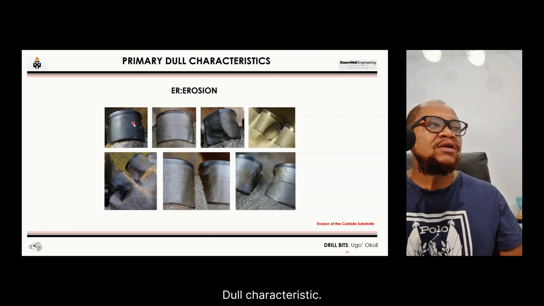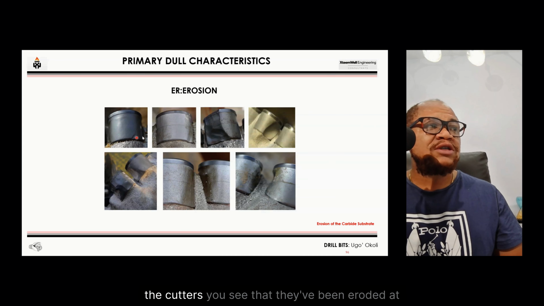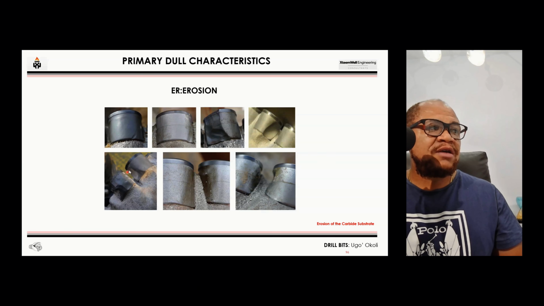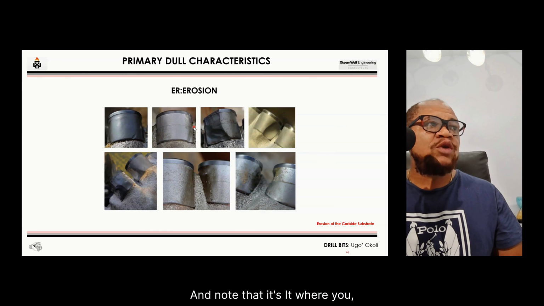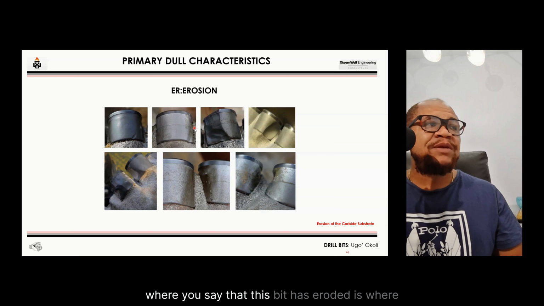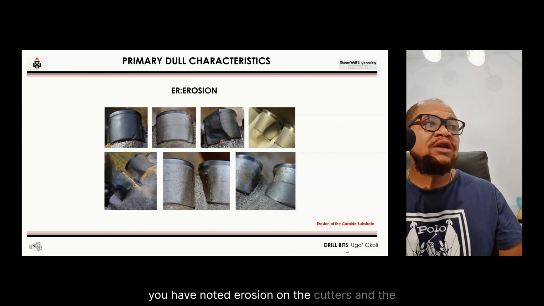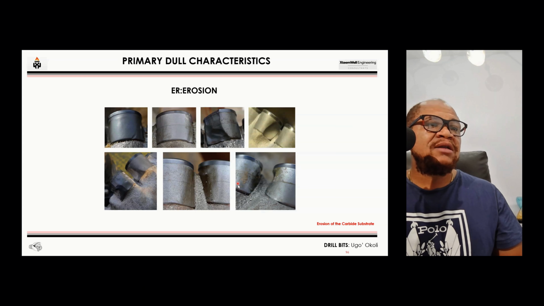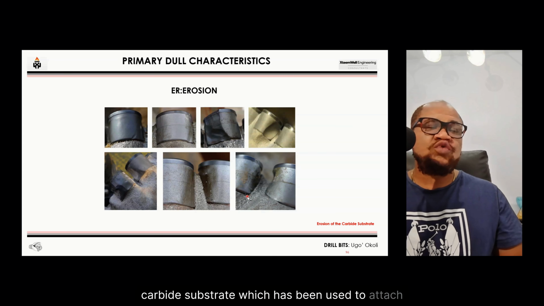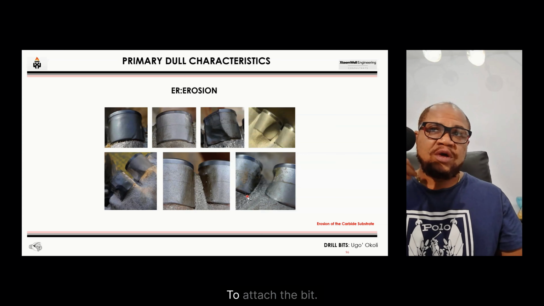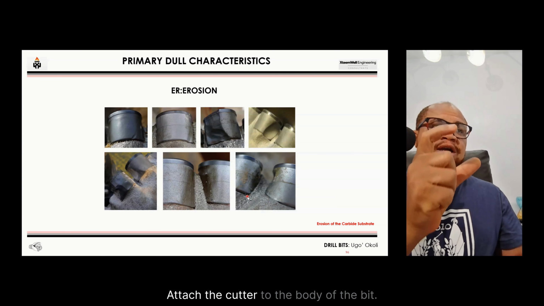Looking at this next dull characteristic, it's called ER, that's erosion. If you look at the cutters, you see that they've been eroded at different areas of the bit. If you look here, you see different places where they've been eroded. Note that it's where you have noted erosion on the cutters and the carbide substrate, which has been used to attach the cutter to the